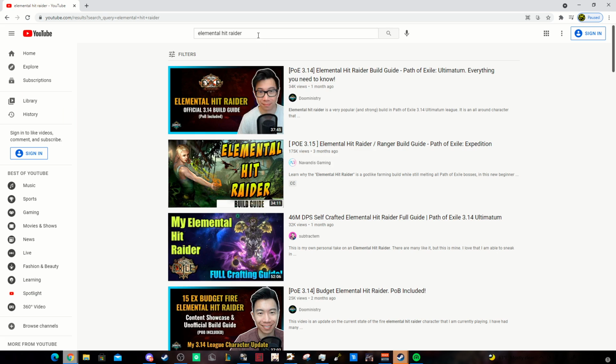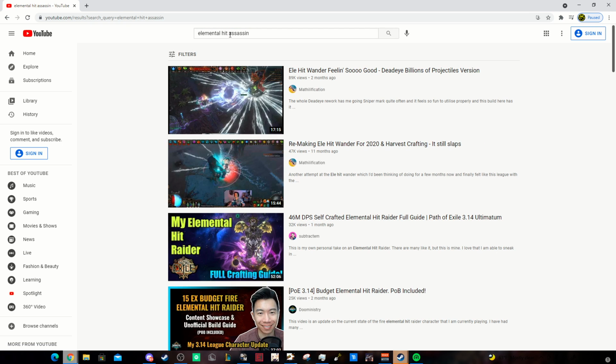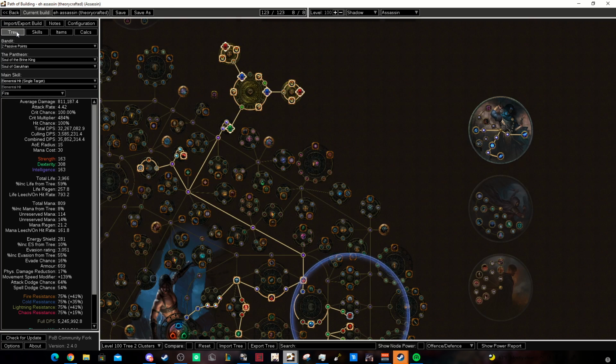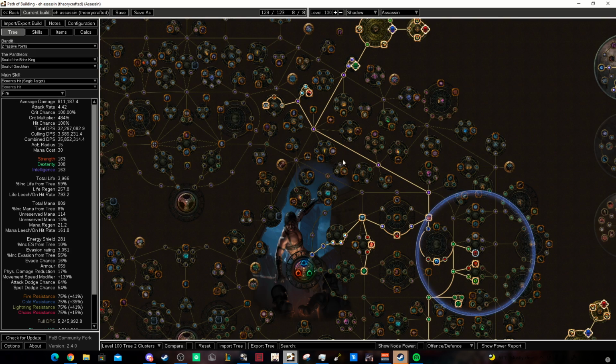And if I look up elemental hit assassin, you can see that it's not actually a thing, and only a hit wonder is a thing, and this is not a wonder. I don't even know how that guy hit on a one because it's a bow skill. If anyone knows how, let me know. I'm kind of dumb, so I just put on a bow. But anyway,